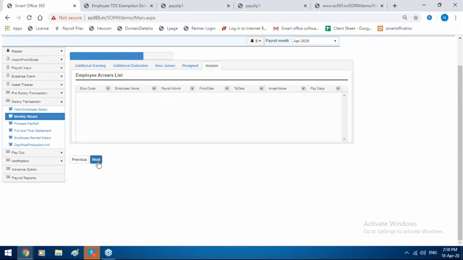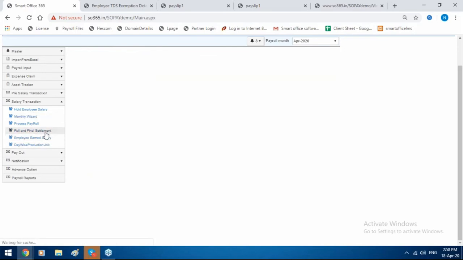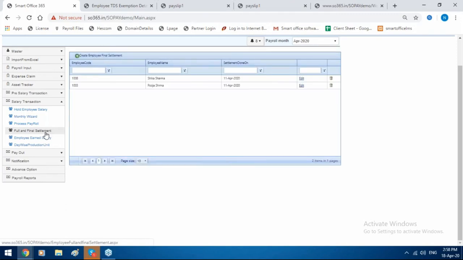Resigned employee or arrear process. Here the full and final settlement option is also there. If any employee has resigned from the company and you want to do the full and final settlement, you can do it. You just need to resign that particular employee, stop this